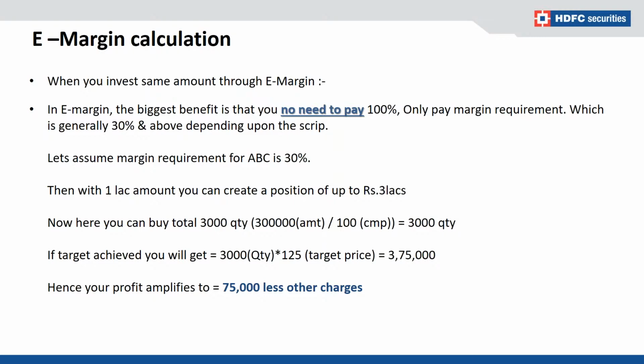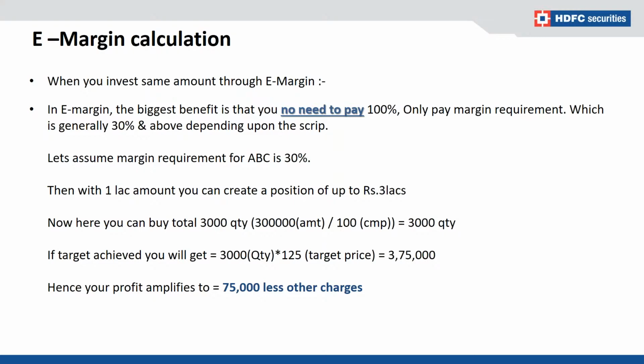Yes, there would be interest. So 75,000 minus the charges minus the interest cost. The cost of funding is also an important factor in this, wherein customers will have to pay 0.05 per day interest on 2 lakh rupees. Hence, the net profit to the customer would be 75,000 rupees minus the brokerage